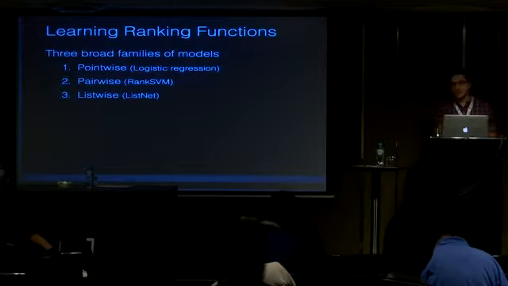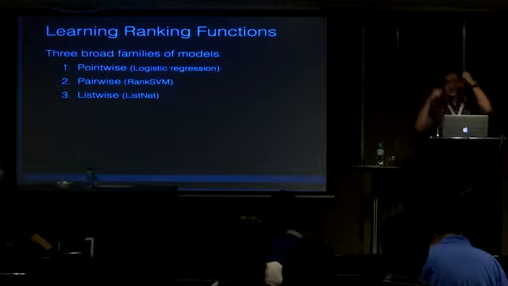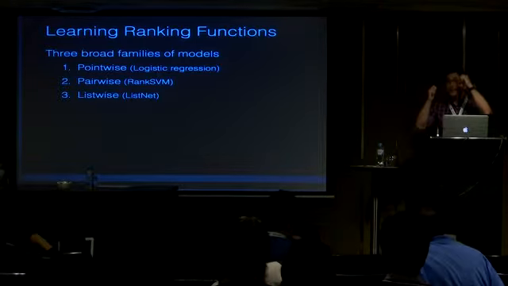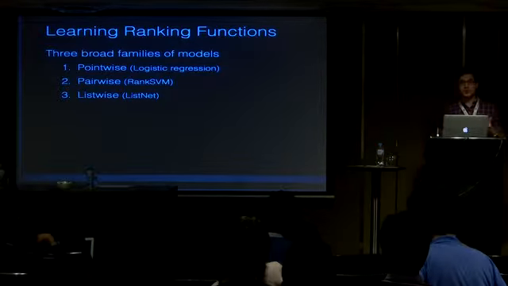However, you're asking your algorithm to solve a problem that's harder than what you really want. You don't really care whether item 1 is 10 times better than item 2, but you really care about the order. So pairwise approaches